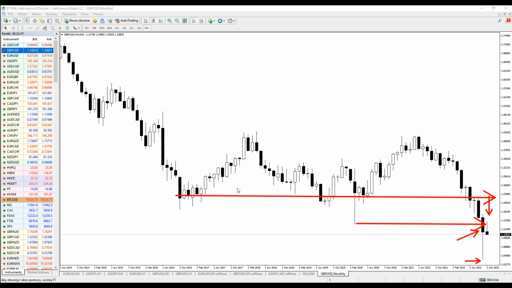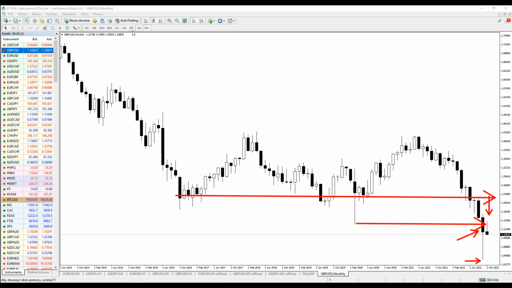Still, towards the middle of October, the Bank of England promised to make an intervention if necessary on the bond market. So that's quite interesting. There is a huge mess, of course, when it comes to the UK. So from the monthly and quarterly chart perspective, there is a possibility of a move to the downside.